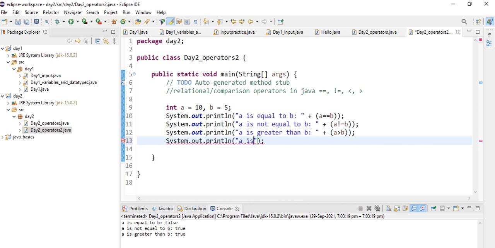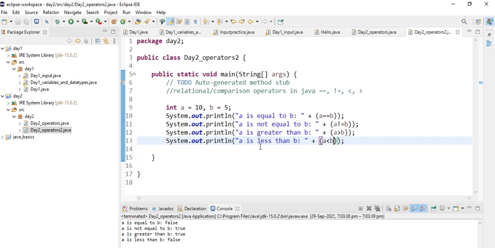Same with a is less than b. And let's concatenate this and a less than b. And we will get false, because 10 is not less than 5. It is greater than 5.